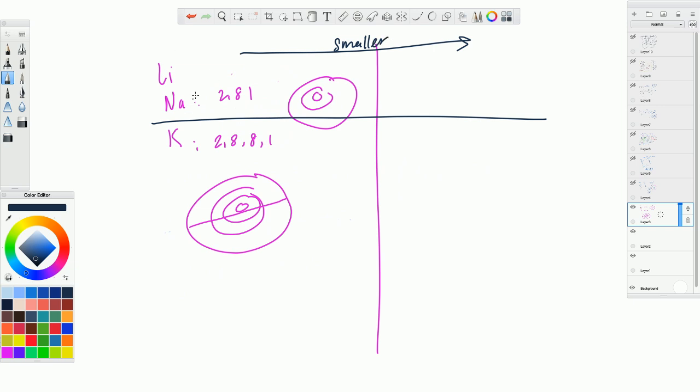So for example, sodium is 281, chlorine is 287. It looks like 7 should be bigger than 1, right? But it's not. 7 is smaller. The reason is because, when we compare 281 and 287,